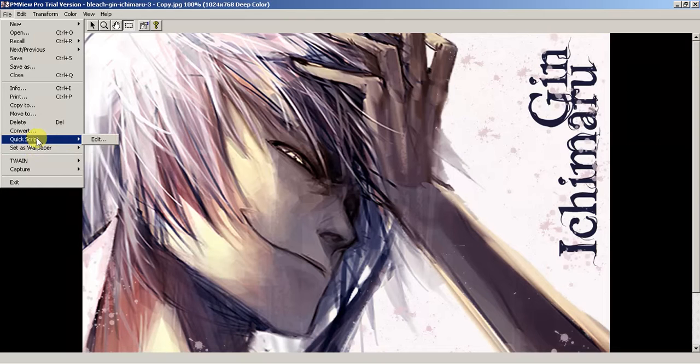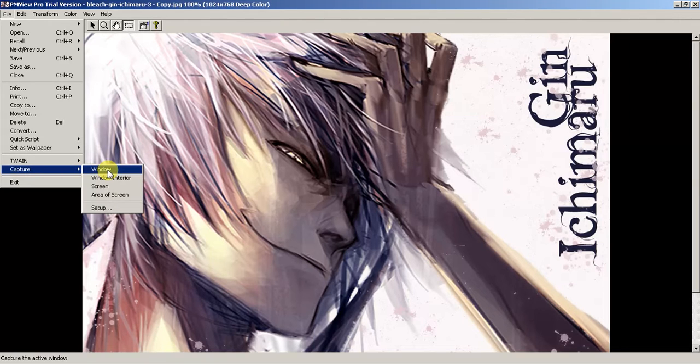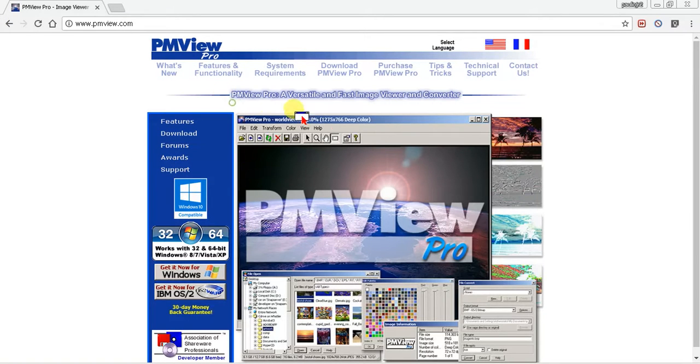I haven't really messed with the quick script. You can set your wallpaper from here. This works with any version of Windows. Twain is what you use if you have a scanner. You can scan anything directly to PMView, and then capture is obviously a window capture or full screen, whatever it is. So say I wanted to just do a window. So do that, and then